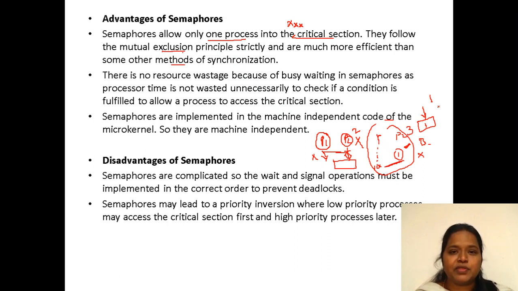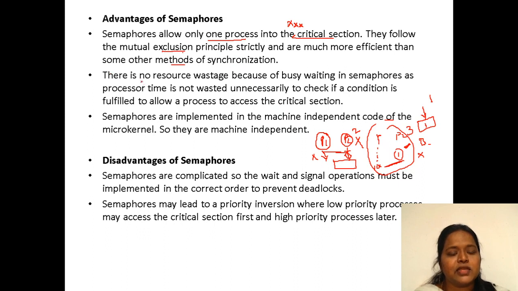Why have I given the introduction regarding semaphores? Peterson has given a solution so that only one process enters into the critical section to execute. The Peterson solution satisfies all three: mutual exclusion, progress and bounded waiting. So how did he achieve that? By making use of semaphores.